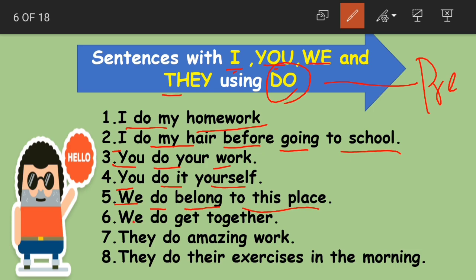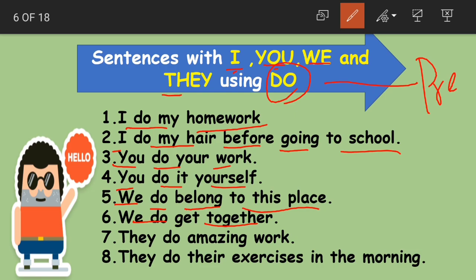Okay. We do get together. We do get together for any functions, parties or some occasions. So if you are in some relative circle or friend circle, and often you meet them and gather together, then you can say that in this particular situation like this: we do get together. Okay, have you heard about get together parties and all that? Get together in the sense meeting near and dear at one place. Okay, so we do get together.